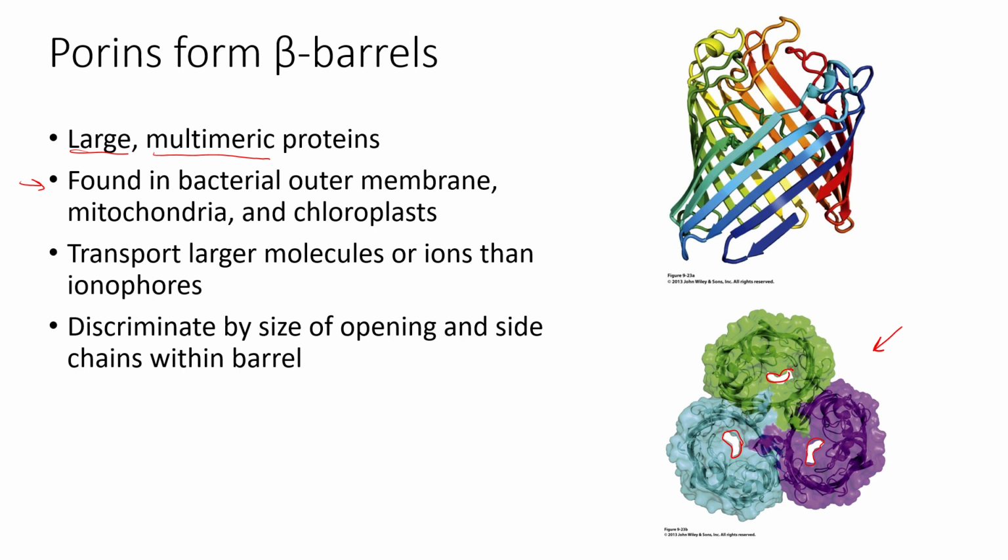So porins are able to transport larger molecules or ions than ionophores, partially because they tend to have larger pores in the middle. And porins are essentially able to discriminate what they're transporting across the cell membrane, both by the size of the opening as well as the side chains that are lining the barrel. And so this can help to facilitate the movement of certain sized and charged species, but not others. And that will help porins be discriminatory about what they choose to let pass back and forth across the cell